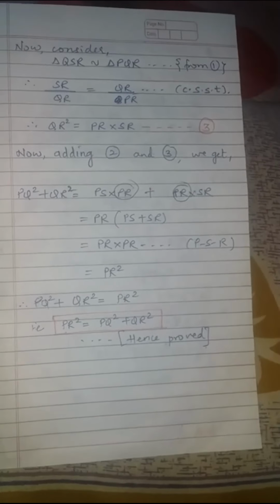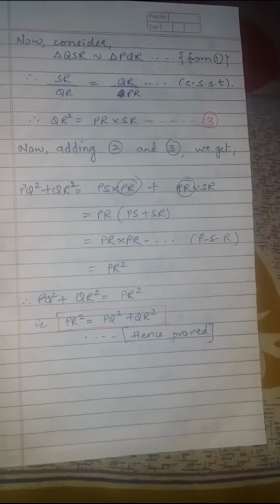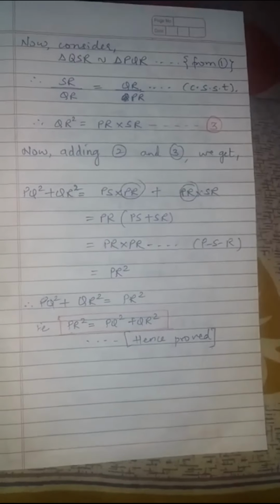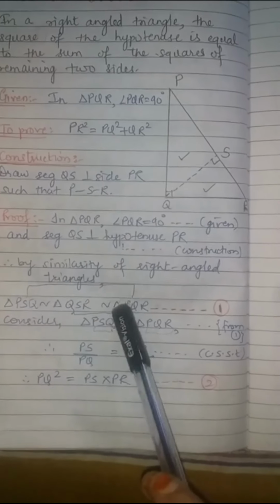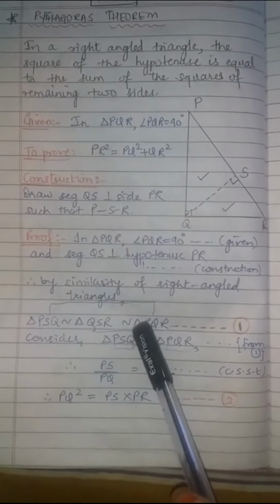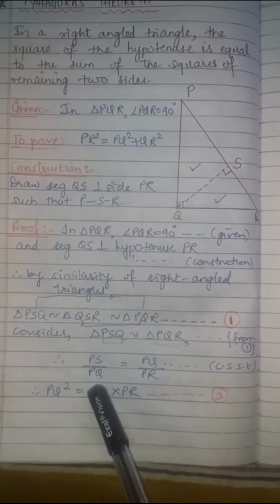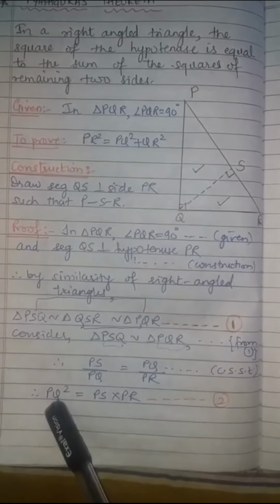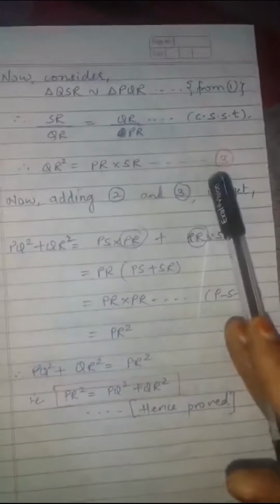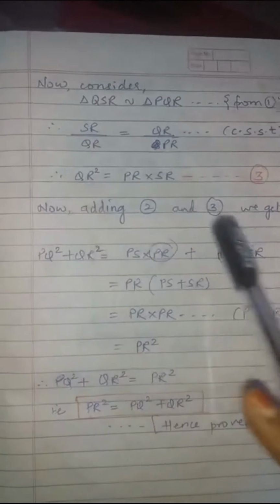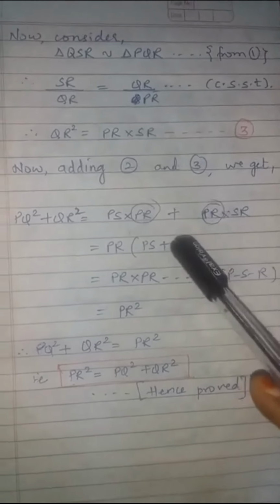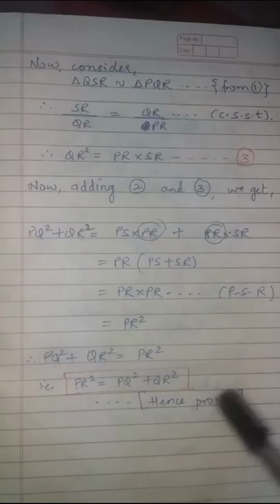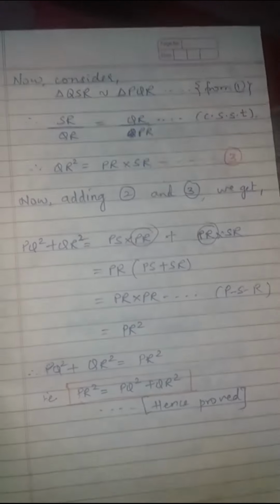Copy, pause, copy, note down. Hence, the theorem of Pythagoras is proved. So basically the theorem comprises three equations. Equation 1, similarity of right angle triangles. Equation 2, by CSST keep PQ square on one side. And equation 3, by CSST again keep QR square on the other side. Add 2 and 3 and then you can get the desired result. Fine. Now moving further